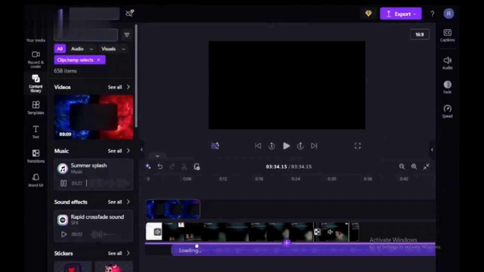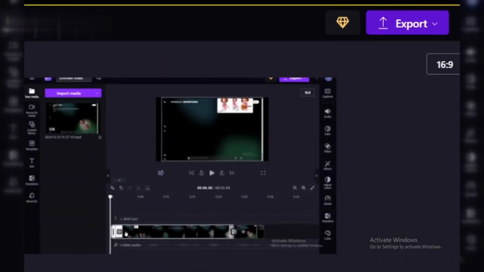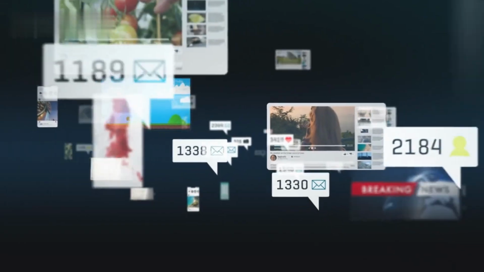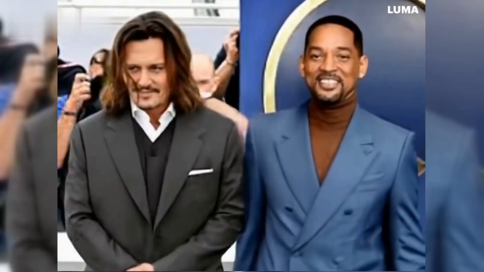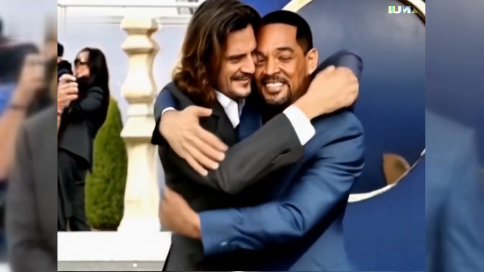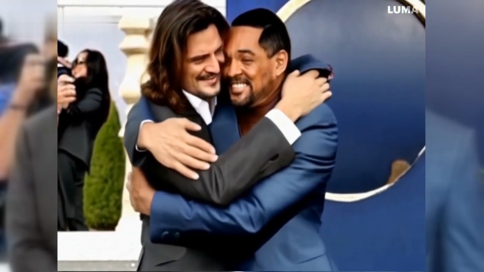Step 5. Export and share. Once satisfied, export your hug video in high resolution. Share it with loved ones or on social media platforms to spread love and positivity. Luma AI makes creating a hug video easy, meaningful, and fun. Start today and turn simple moments into